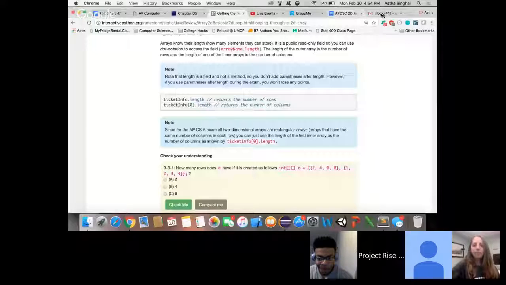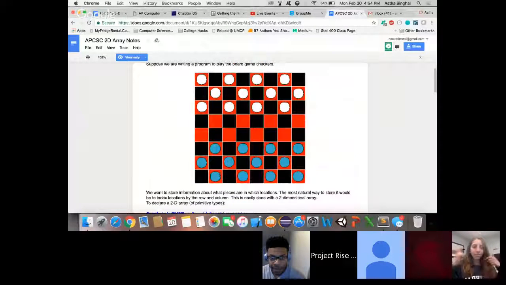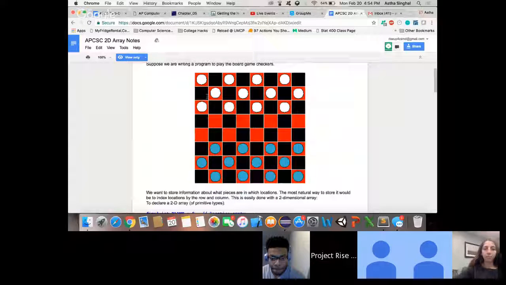So let me pull up this picture again. I'm going to screen share. Let's pretend that this checkerboard is our 2D array. We can see that concretely it has a certain number of rows, 1, 2, 3, 4, 5, 6, 7, 8 of them, and 8 columns. Because we know the exact number of rows and columns, I think we're going to use